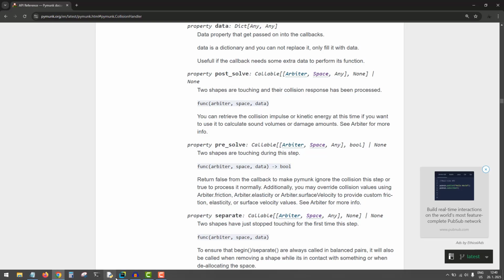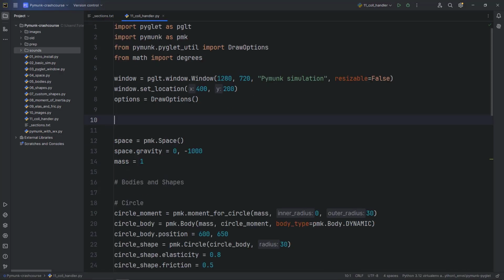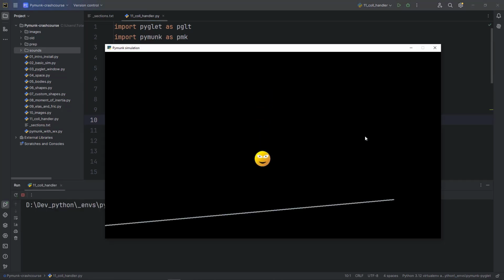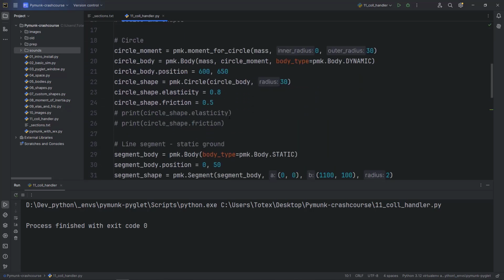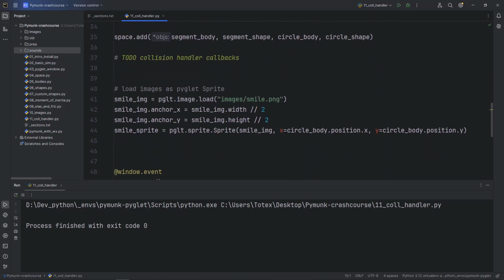Okay, let's go back to PyCharm, and I have already prepared this scene, and if I run it, it just has this bouncing smiley face. Now let's add the collision callbacks. The first thing we have to do, here I added these to-dos, is define the collision handler callbacks. So the first handler function will be